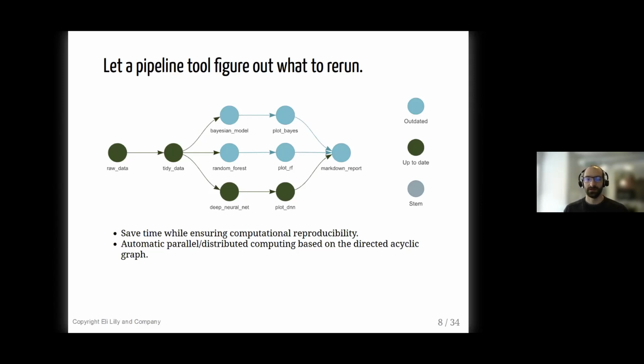A pipeline tool can do that either by the user explicitly identifying dependencies, or, in the case of the targets package, a static code analysis engine detects that all these models depend on this upstream tidy data because the symbol tidy data is mentioned in the commands for each of these end products.